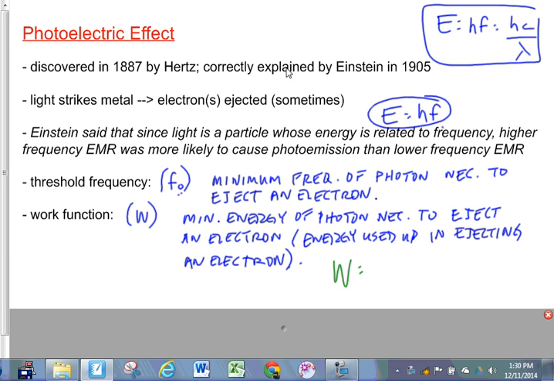The equation's really, really easy to derive. If energy is hf, then minimum energy, or W, would be h what? Good. hf0. h times minimum frequency. Well, we could also say it's hc over lambda, but that lambda wouldn't be minimum wavelength. It would be